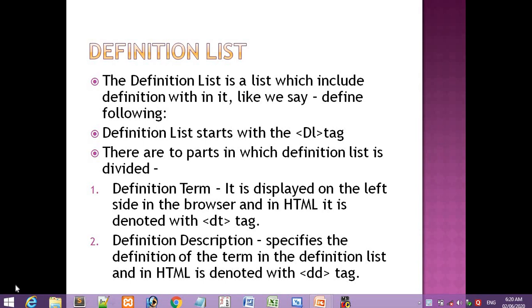Okay, so now going to another form of list, that one is the definition list. Here the word definition itself says define, like in your book there is define computer, define hard disk, define laptop, define attributes. So these are the different statements on which you are asked to define them, you are asked to elaborate them.